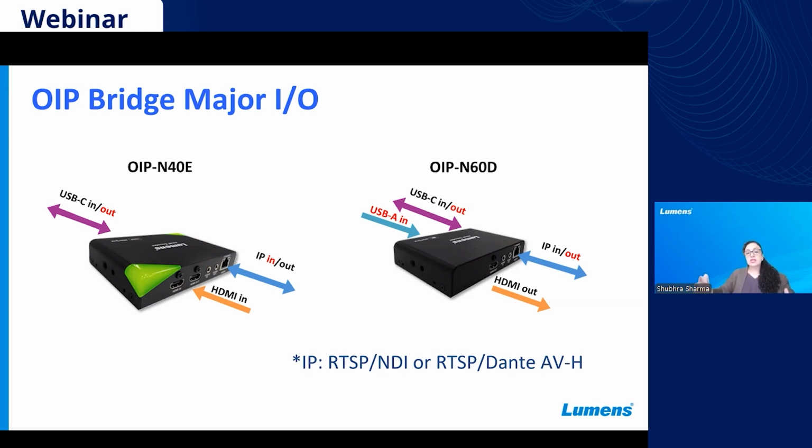So while designing, if it's Lumens products, you don't need an encoder, just a decoder. If it's a third-party device, you need to add an encoder with it. Okay, this is a simple OIP bridge for the USB application basically,